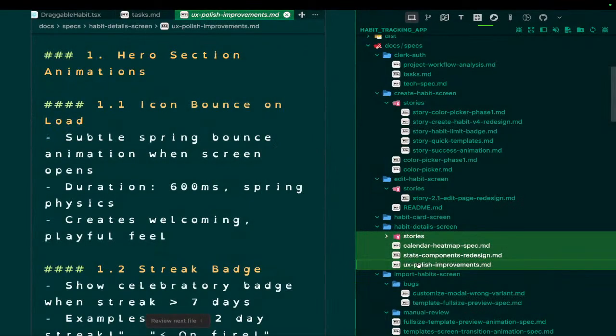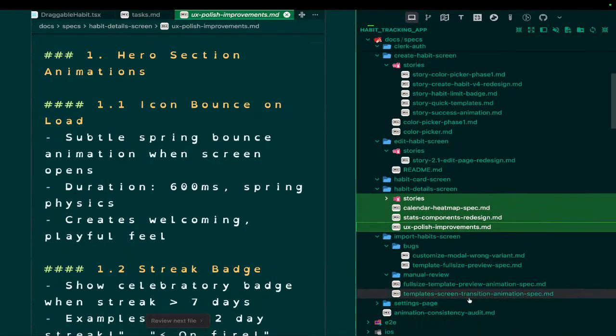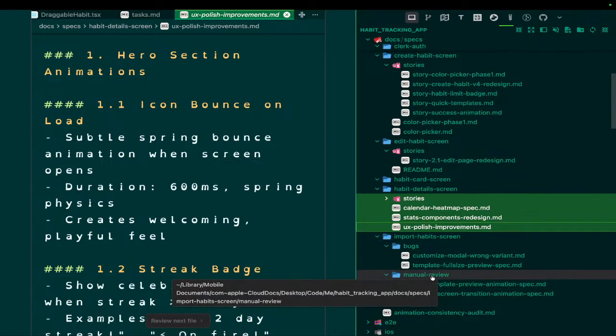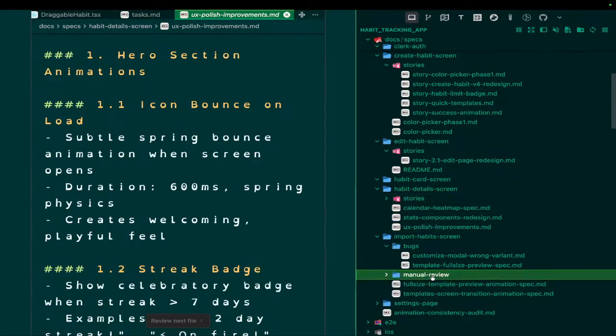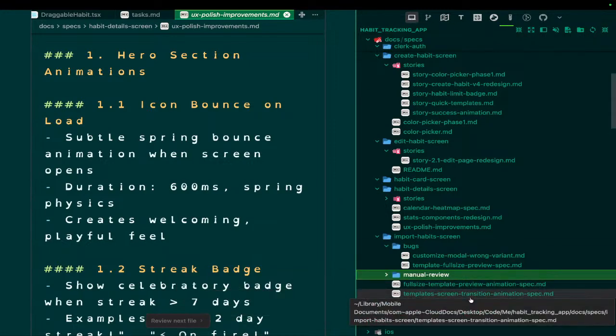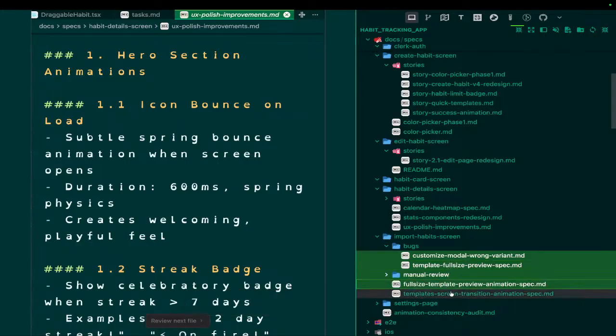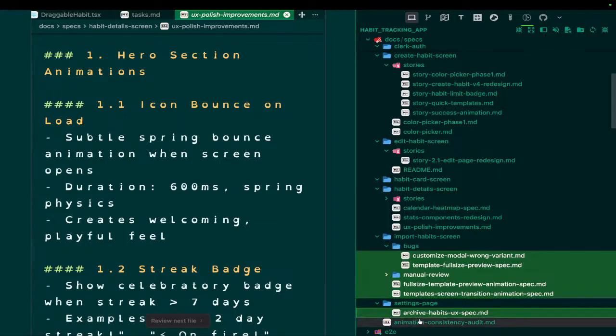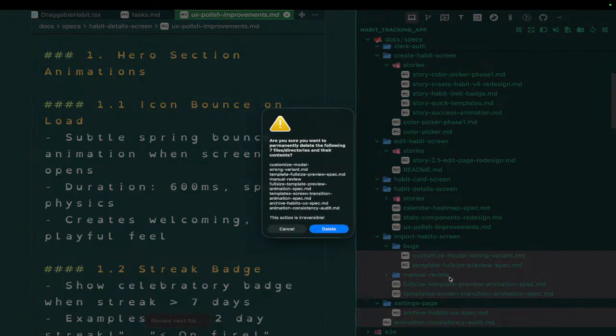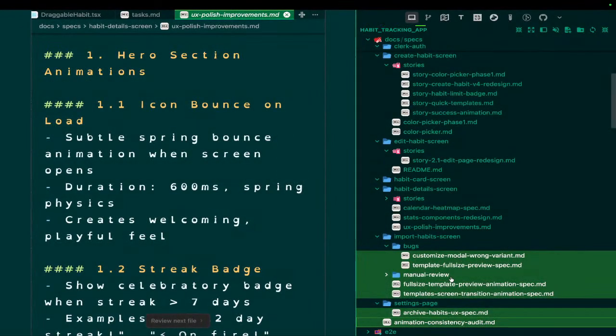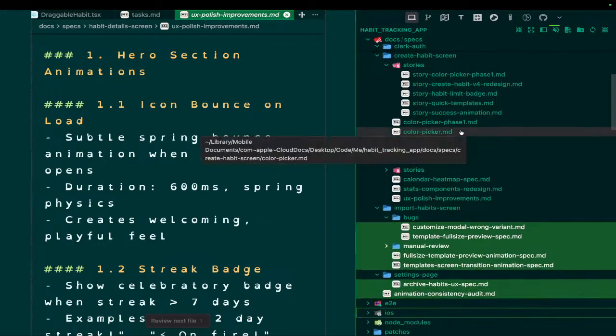Okay. Manual review. I don't think I need to do that. I don't have to have that. So let's see. Full sign. Okay, so I get rid of this. I get rid of this. I get rid of this. I get rid of this. Settings page. Let's get rid of all that. Okay, so the only thing I have is